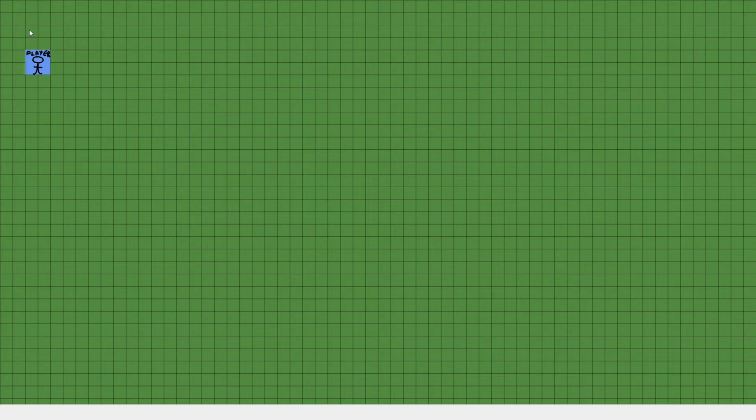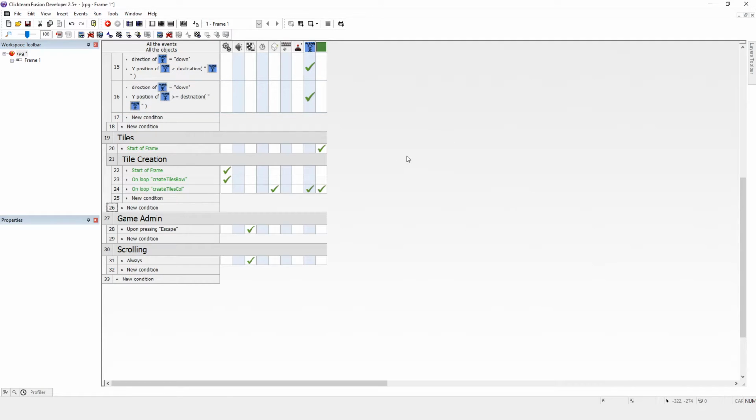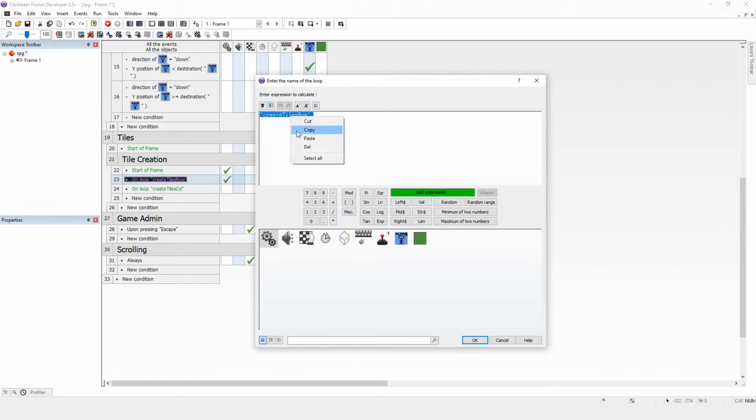So that one knows it's 3 to the right and 3 down. That would be useful. And actually we have those numbers. We have the create tile row loop, which is just going from 0 to whatever number it goes to, and the create tiles column loop. So if I double click there and copy that,